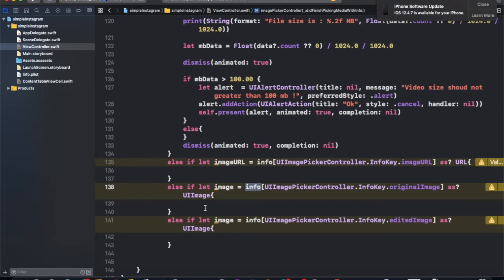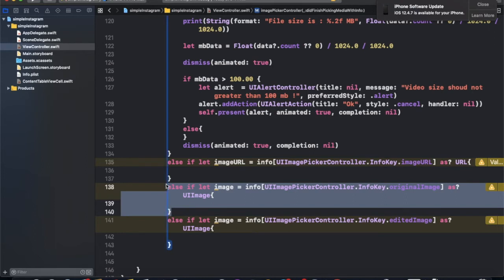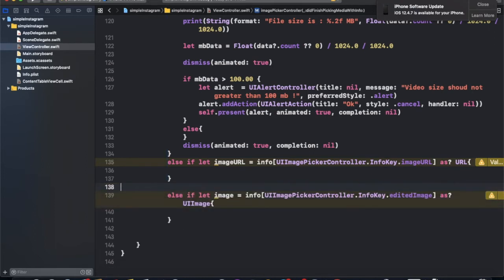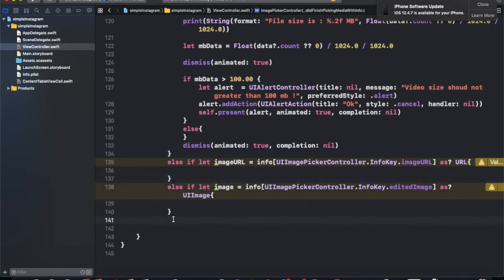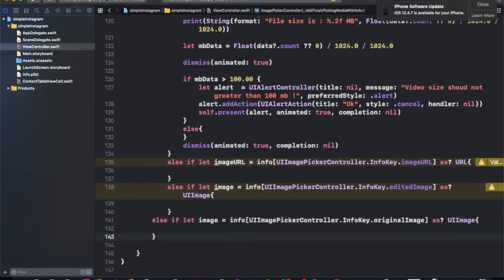Now if he wants to use the edited image, then he can use the edited image. So it's up to you. We are making the edited image because we are providing an editing tool. If you do not want the editing tool, you do not need the edited image.